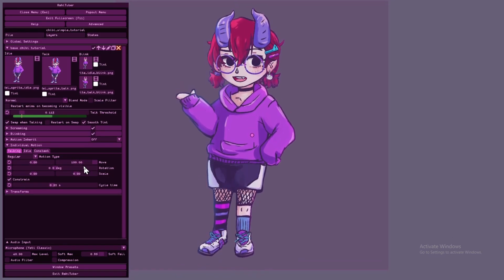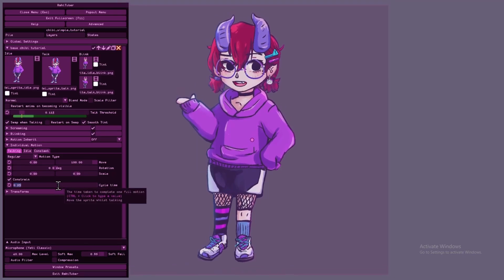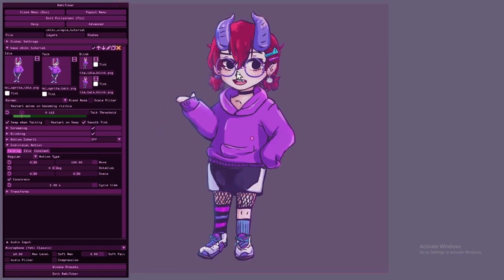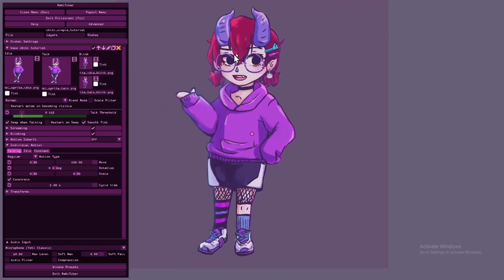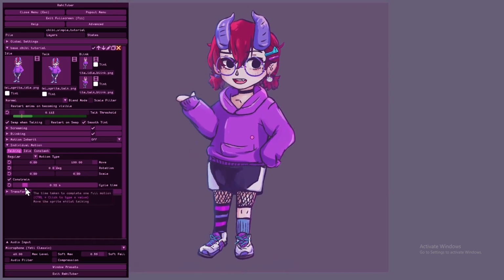Basically, in one cycle, we go from 0 movement to 100 movement that we have set right there, and it'll restart on loop as long as we're talking. And this will work the exact same, with the exact same amount, no matter how loud we're talking. We just have to pass the talk threshold, and it will start that cycle.